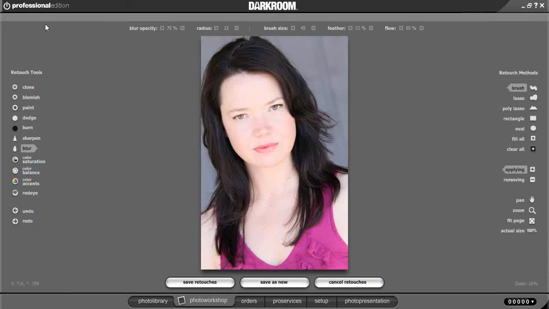With the Retouch Workshop, these are Photoshop tools that are built into Darkroom that have the same shortcut keys as Photoshop. So if you're an expert at Photoshop, this is going to be very easy. And if you're not, the tools are very easy to use. For example, you've got Clone, Blemish, Paint, Dodge Burn, Sharpen, Blur. You've also got Color Accents and Automatic Red Eye built into the program. Let's go ahead and click on